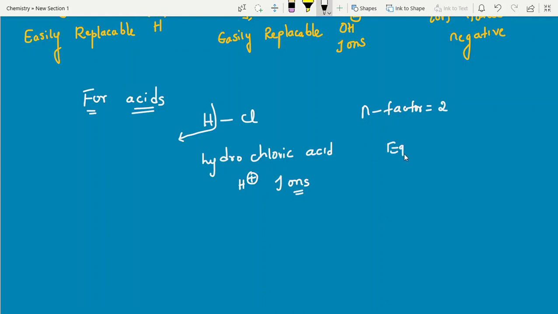Now calculate equivalent weight, students. Equivalent weight equal to molecular weight by N factor, right? So substitute, what is the molecular formula? Molecular formula HCl. What is molecular weight? Yes, 36.5. 35.5 chlorine plus 1, 36.5 by 1. So finally, your molecular weight and equivalent weight both are same. It may or may not match. So sometimes you may expect questions among the following which is having molecular weight, equivalent weight is same. So like that also you can expect the questions.